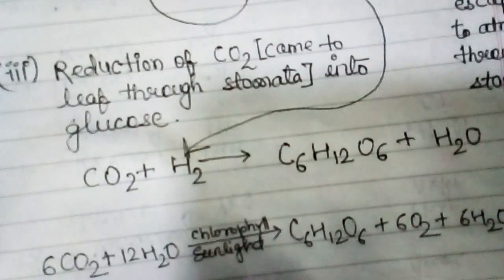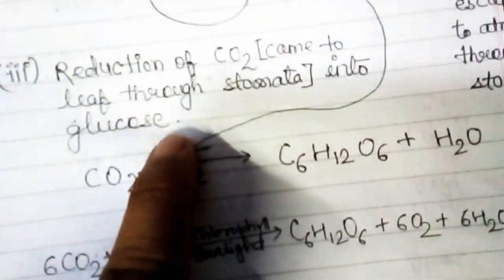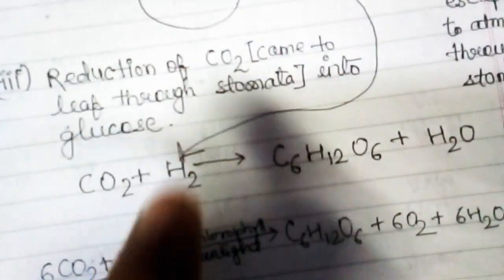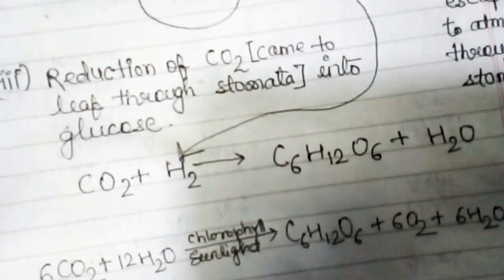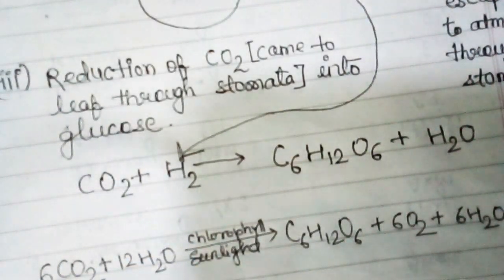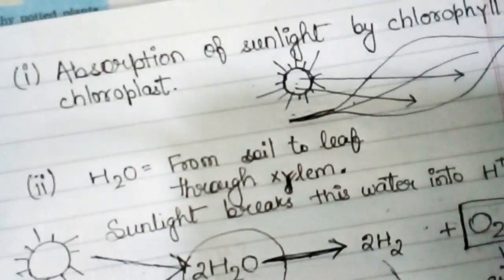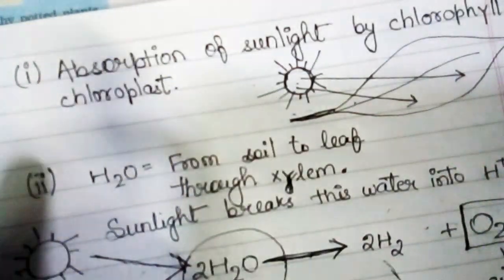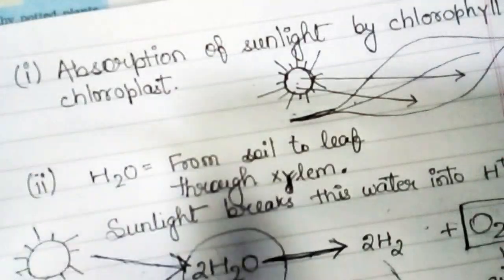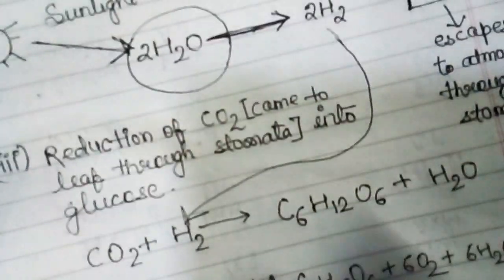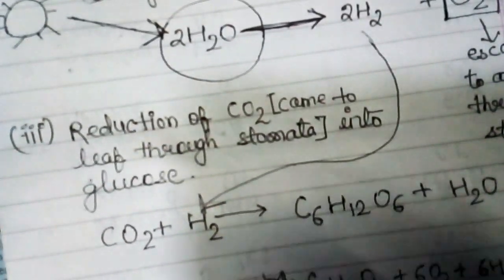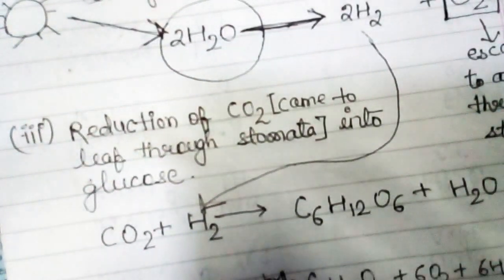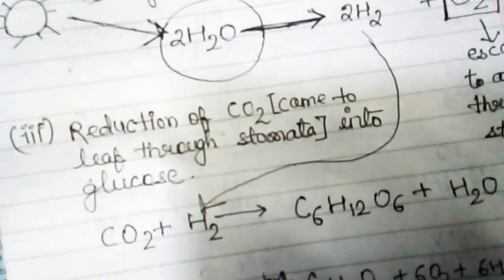So the first name which this reaction was given was dark reaction, and this word creates confusion in students, that as it is a dark reaction, it will happen at night or in the dark, and as it is light reaction, it will happen in light or daytime. It's true that these first two reactions occur in light, so they are light reactions, but the name dark reaction was given to this reaction by mistake. Actually it does not happen in the dark. It only doesn't need light.